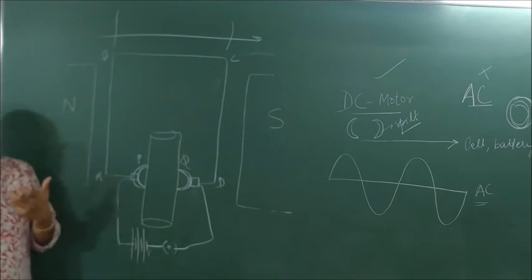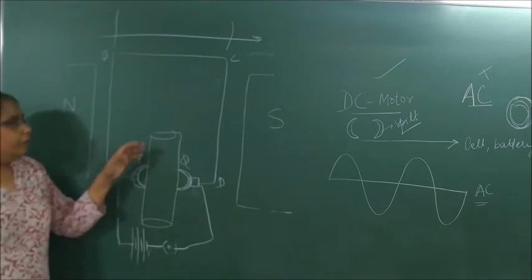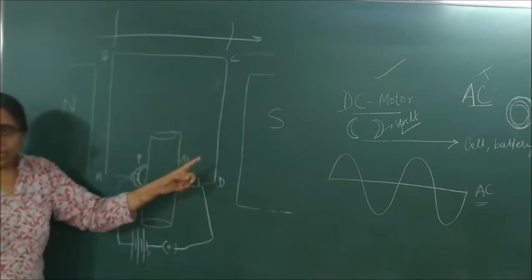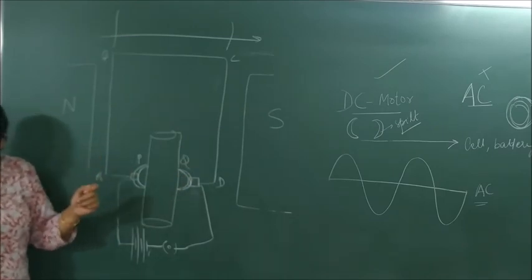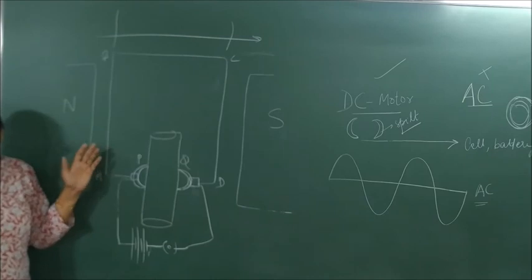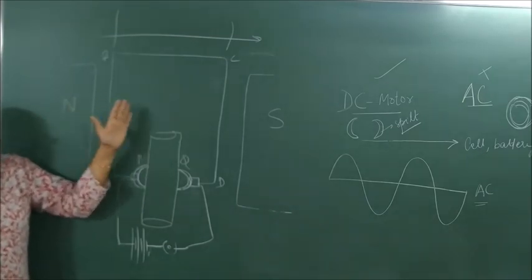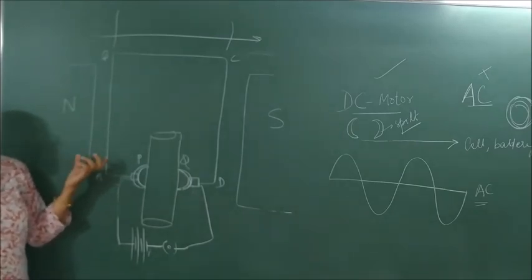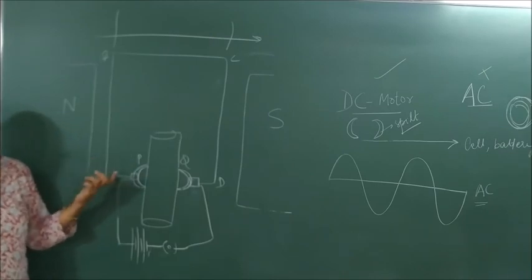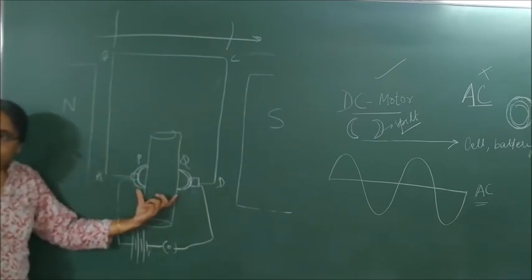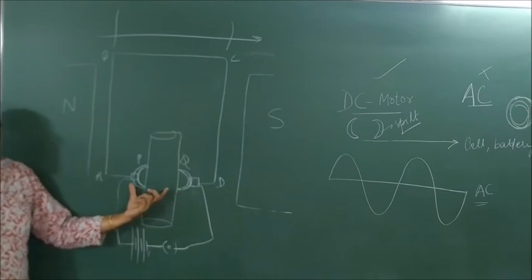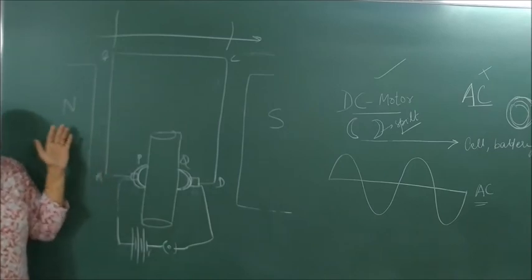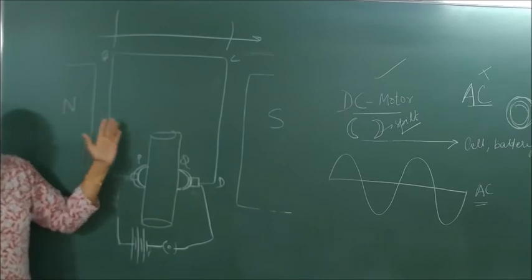If I want to use a commercial motor, which we all use, we should use what? Not a permanent magnet. We should use a soft iron core wound with a number of copper turnings, which is called what coil? Armature coil. We should increase the number of turns of the copper wire. Fine. What is a commutator? It changes the direction of the current in every rotation. What is the commutator here? Split rings are used as commutators. How can I increase the speed of rotation? Increase current, increase magnetic field, increase the number of turns of the armature coil.